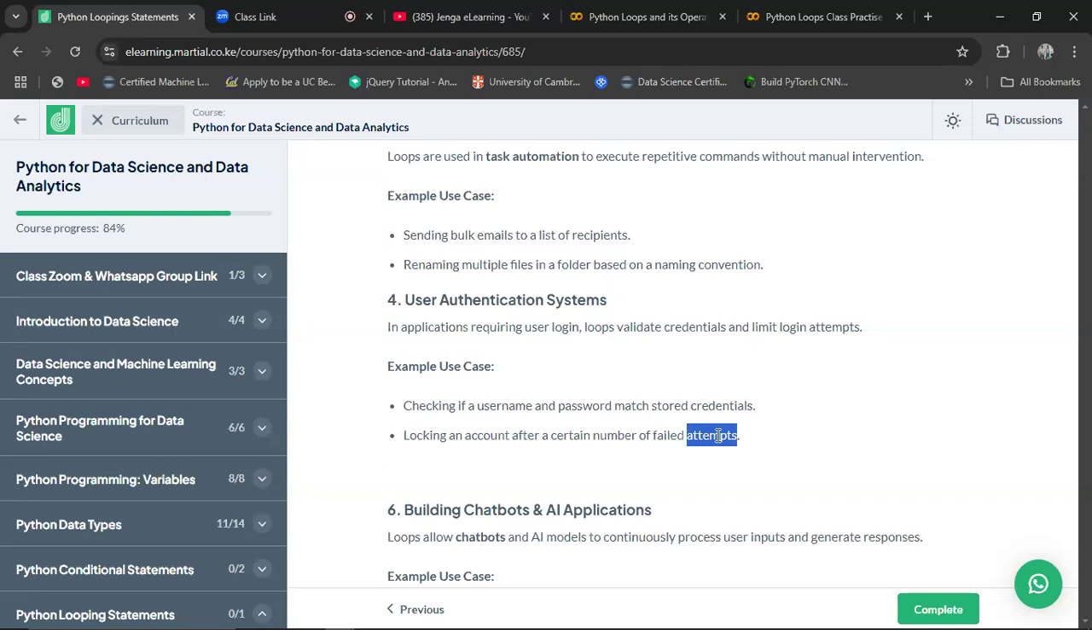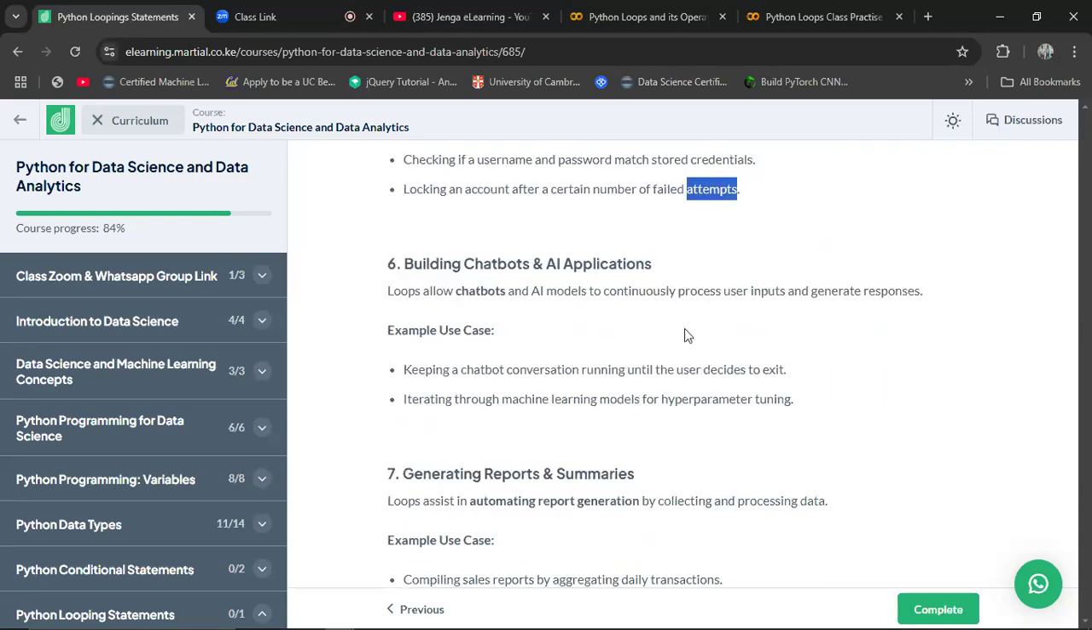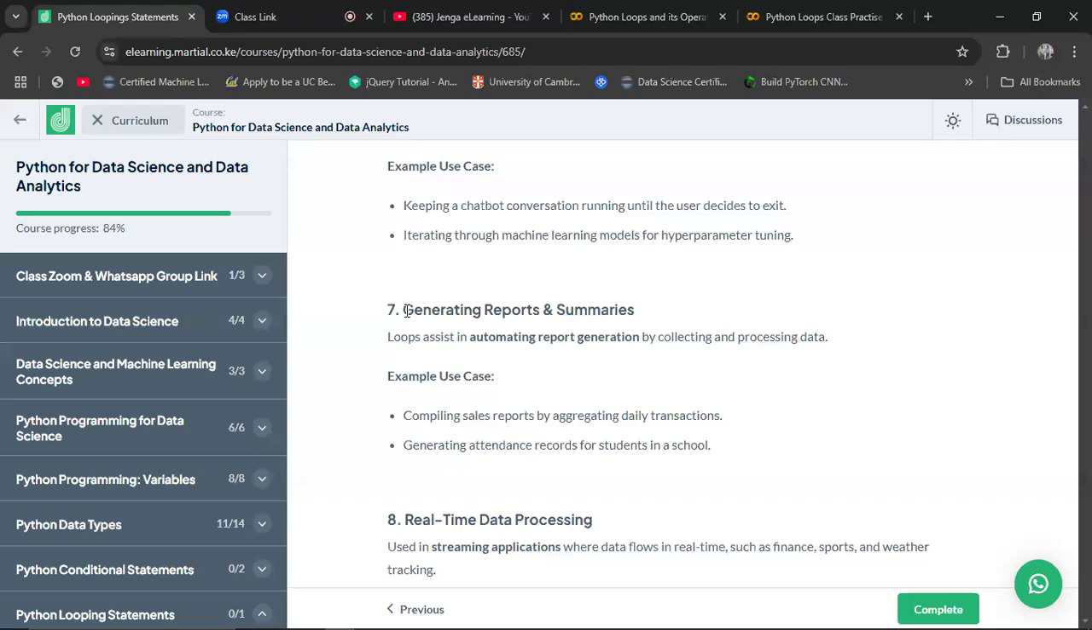Let's say, to give a good example, like in your Safaricom line, you're only given 3 attempts. If you have failed attempts 3 times, then we can actually lock your account. We can use it for building chatbots. We can use it for generating reports and summaries,